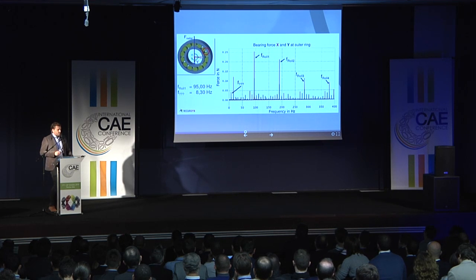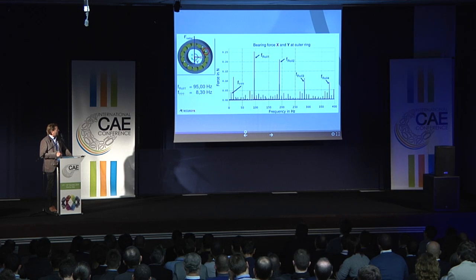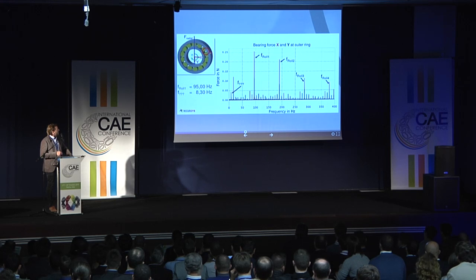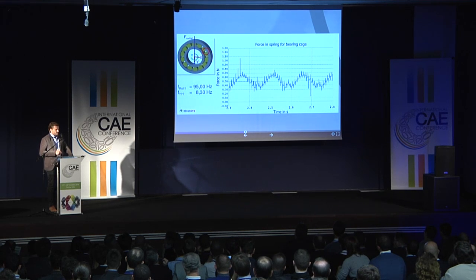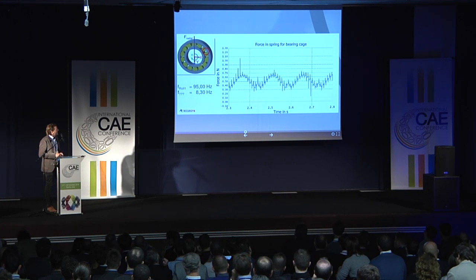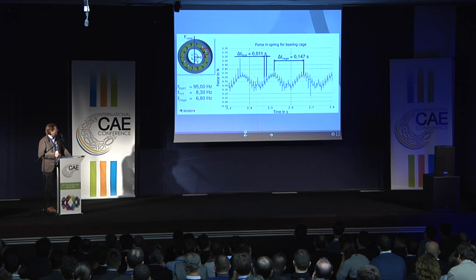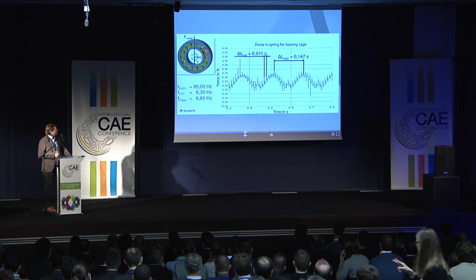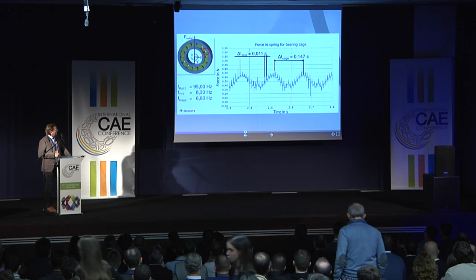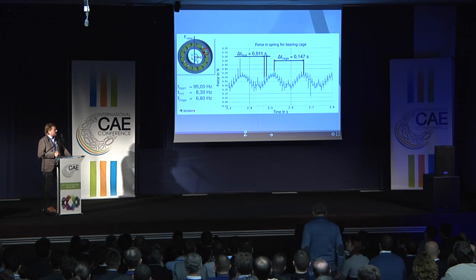So I investigated the approximated bearing cage, because my first thought was that this might be the frequency of the bearing cage. Then I checked the force which was acting in this spring, and if you plot this force, you come to this graph and you see an oscillating force right here. If you measure the period of time, you come to 0.147 seconds, which correlates with the frequency of the bearing cage. So this is still not the funny frequency, and it's not the bearing cage. So there should be another reason.